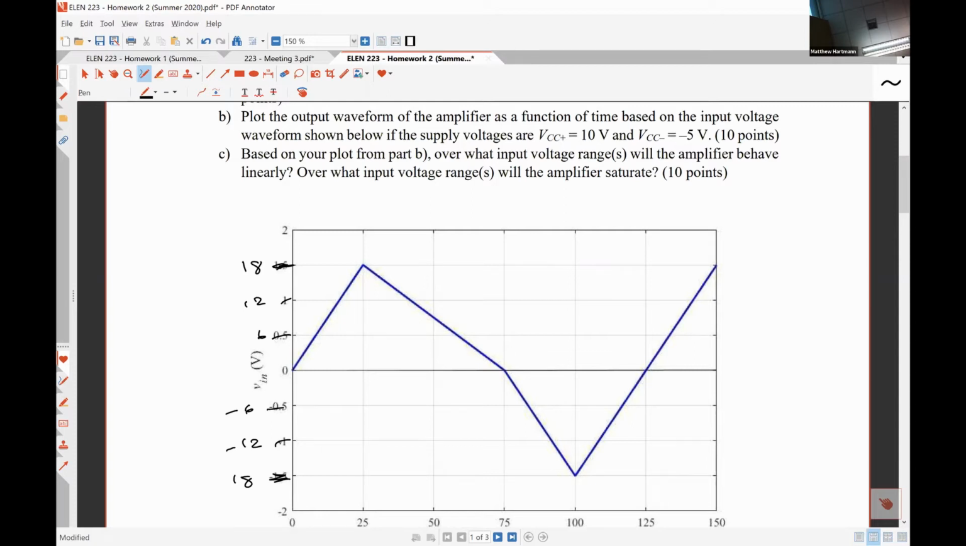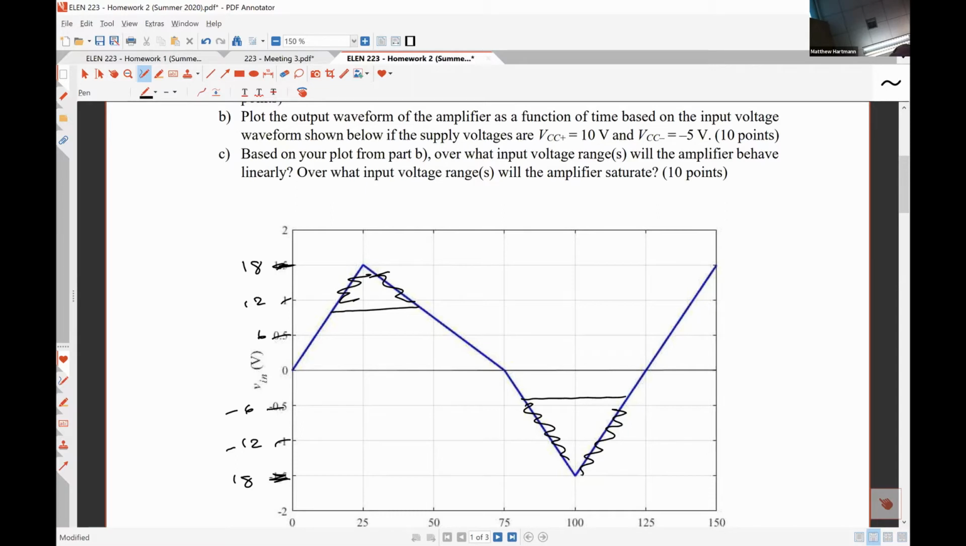Now part B, we still have the exact same signal, but we want to plot the output waveform of the amplifier as a function of time based on the input voltage if the supply voltages are 10 volts and negative 5 volts. So that means for 10 volts, which is going to be somewhere around here, we should see saturation. So all this stuff up here isn't going to show up. It's going to saturate at 10 volts. And similarly, it's going to go into negative saturation when our output signal is less than negative 5 volts. So something like this. Does that make sense? So whenever our signal exceeds, mathematically, whenever it's supposed to exceed the supply voltages, we have